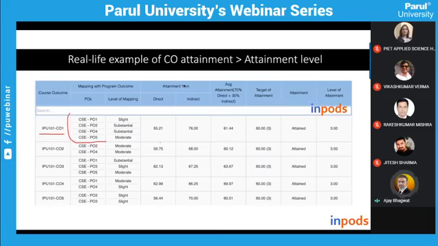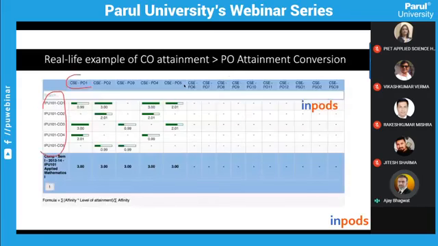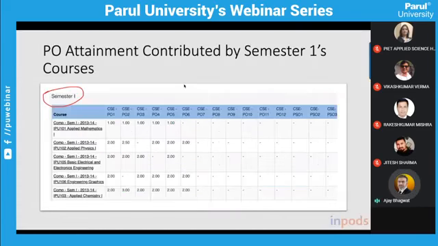So InPots is a technology that actually helps you automate this whole calculation process, and then you can focus on your teaching and just log into InPots, and then you get this analysis here. I'm not going to walk you through this in detail. We can do that whenever a separate discussion is planned between us. But this is the way the computation happens.